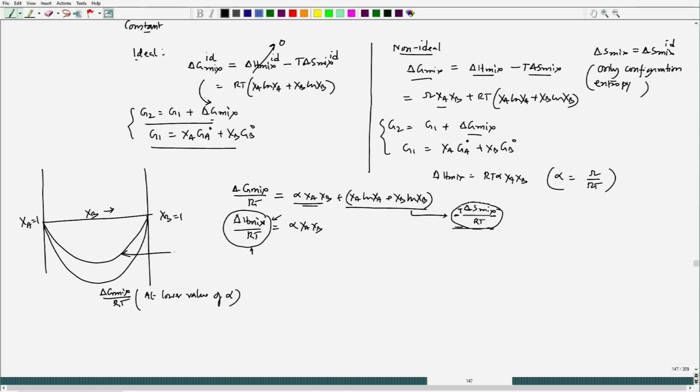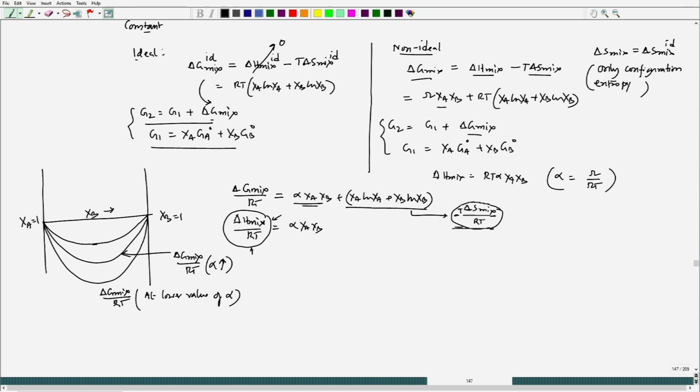So, this same delta G mix by RT plot, alpha increasing, and when alpha is around 2, we see that